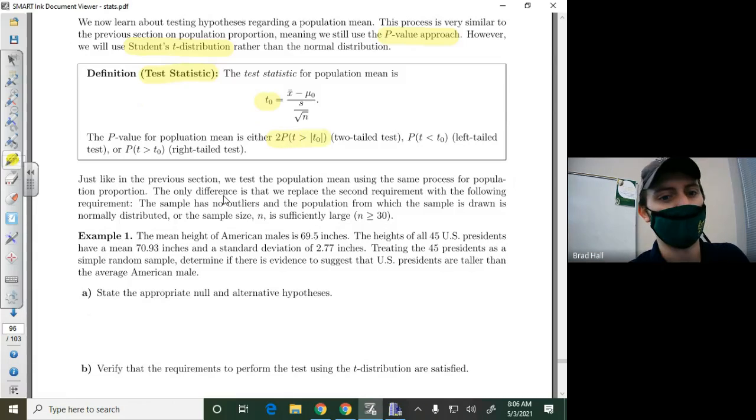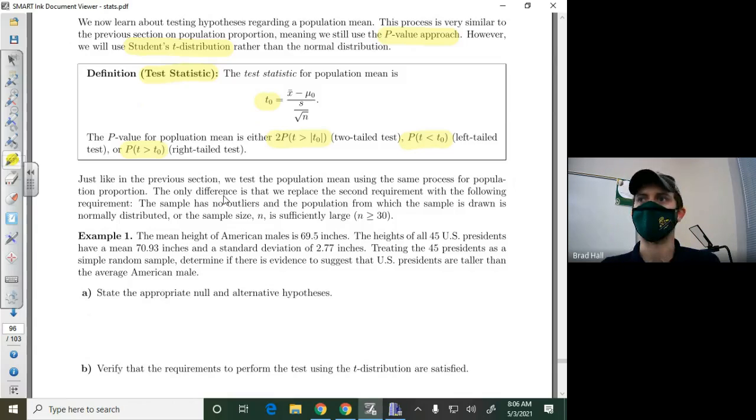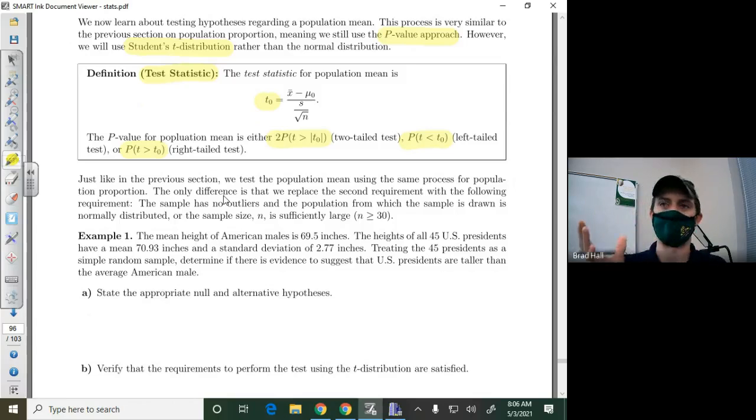If we did have to do this by hand, we would have to set up one of these three inequalities. But that's how the test statistic helps us. We treat it almost exactly the same as a z-score. And just like we did many, many chapters ago, those values help us find probabilities. We'd have to go look in the table, see, all right, is this to the left? We get the area. Do we have to subtract it from 1? Of course, we don't have to do that anymore, but